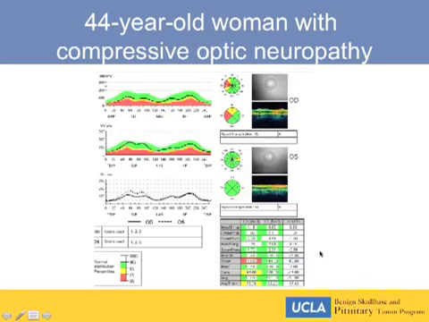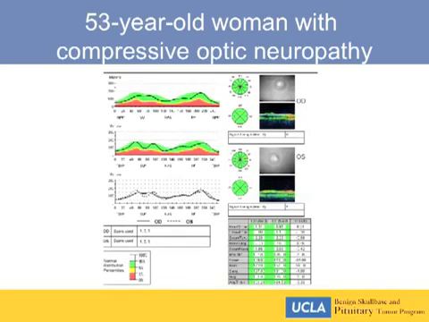This is a 44-year-old woman with compressive optic neuropathy on the right side. And we could see both in looking in the eye that there was mild pallor of the optic nerve, as well as in doing the OCT, that there was already an area of sectoral atrophy of the optic nerve. So this woman would be told before surgery that the expectation or the hope is to maintain the vision that she has, but that we would not be too optimistic about great improvements in vision because she already has some degree of optic atrophy. As opposed to this woman, also with compressive optic neuropathy, who has normal thickness of the